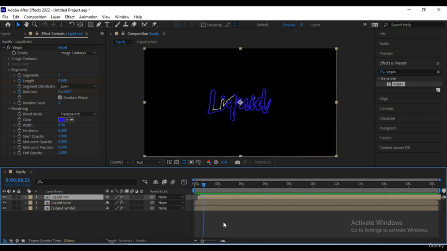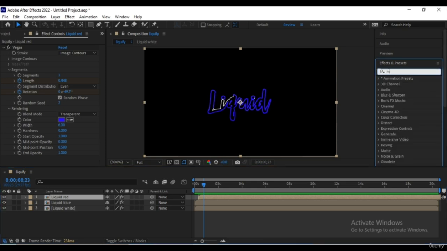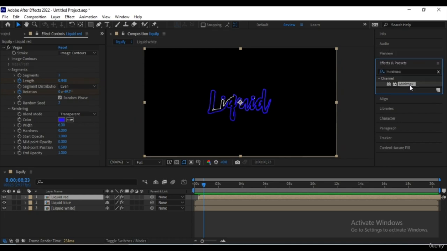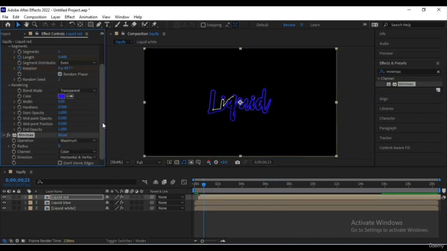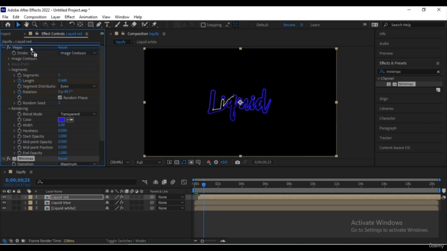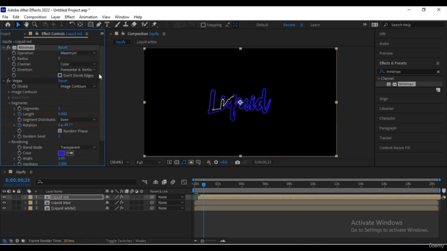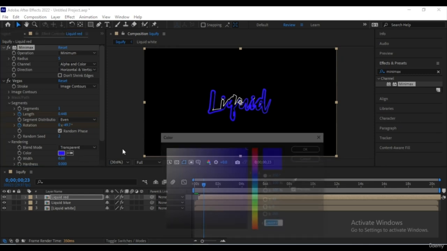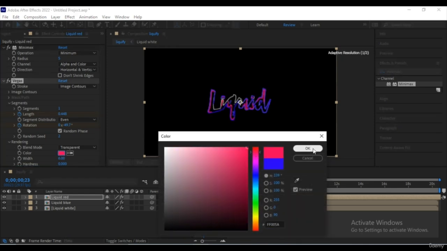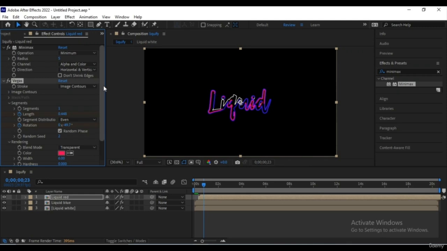Something like this. And then we go to Minimax in the effects and presets. Put it in the liquid red layer and make sure to drag it above the Vegas effect. Change it to minimum, the radius to 3 or 5, and change the channel to alpha and color, and change the color to reddish pink or pinkish red.